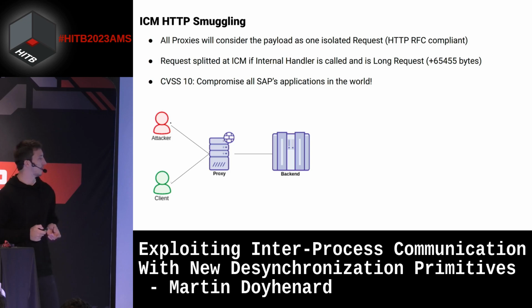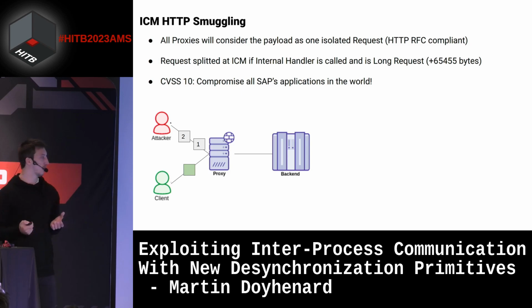Okay, so first, I expect most of you already know what desynchronization is in HTTP. It has been around for the last 5-6 years. It's one of the hot topics in web security. But I'm going to briefly explain the idea. So whenever we have a proxy and a backend, which is the normal case nowadays, and someone sends, for example, 2 requests, and then another client sends 2 requests connected to the same proxy, the proxy will reuse the same connection